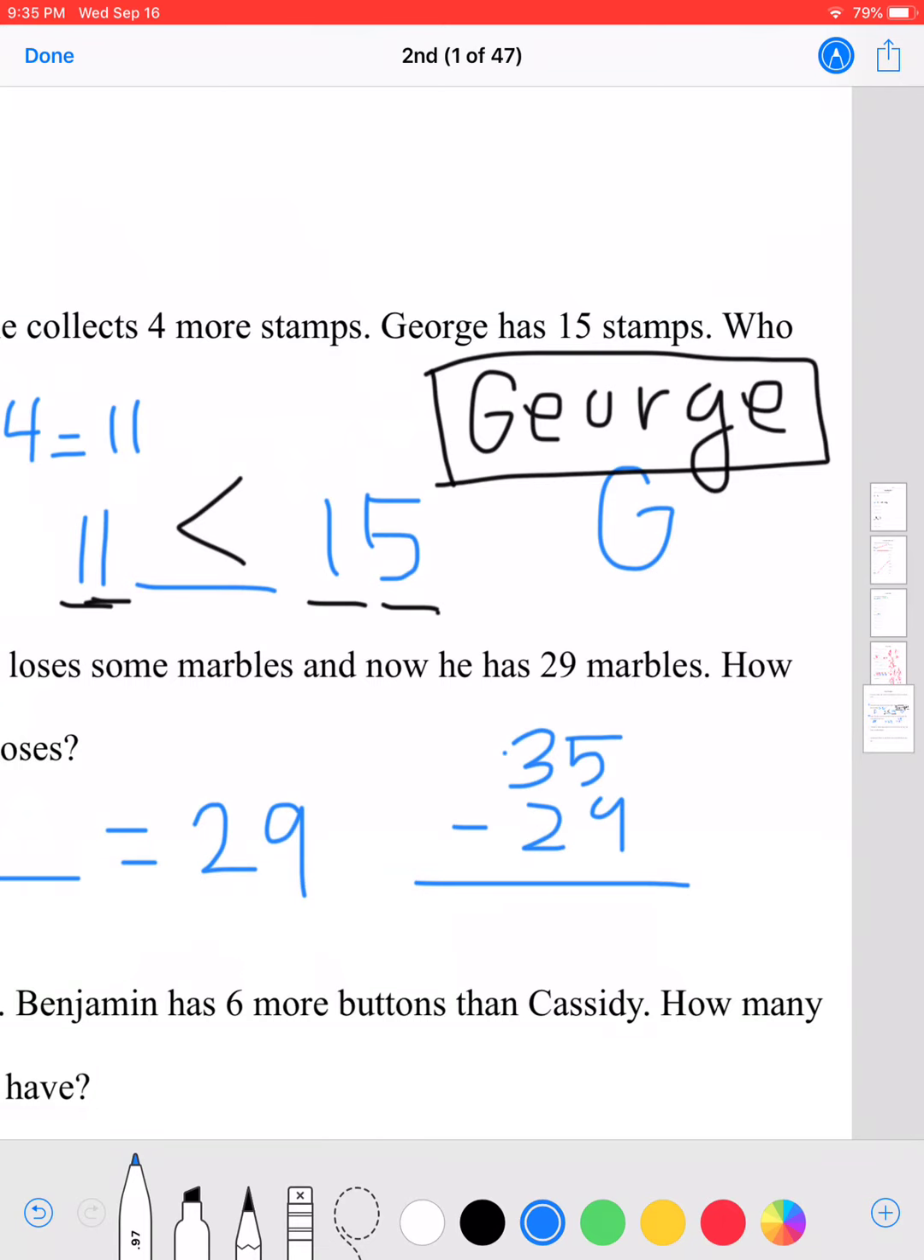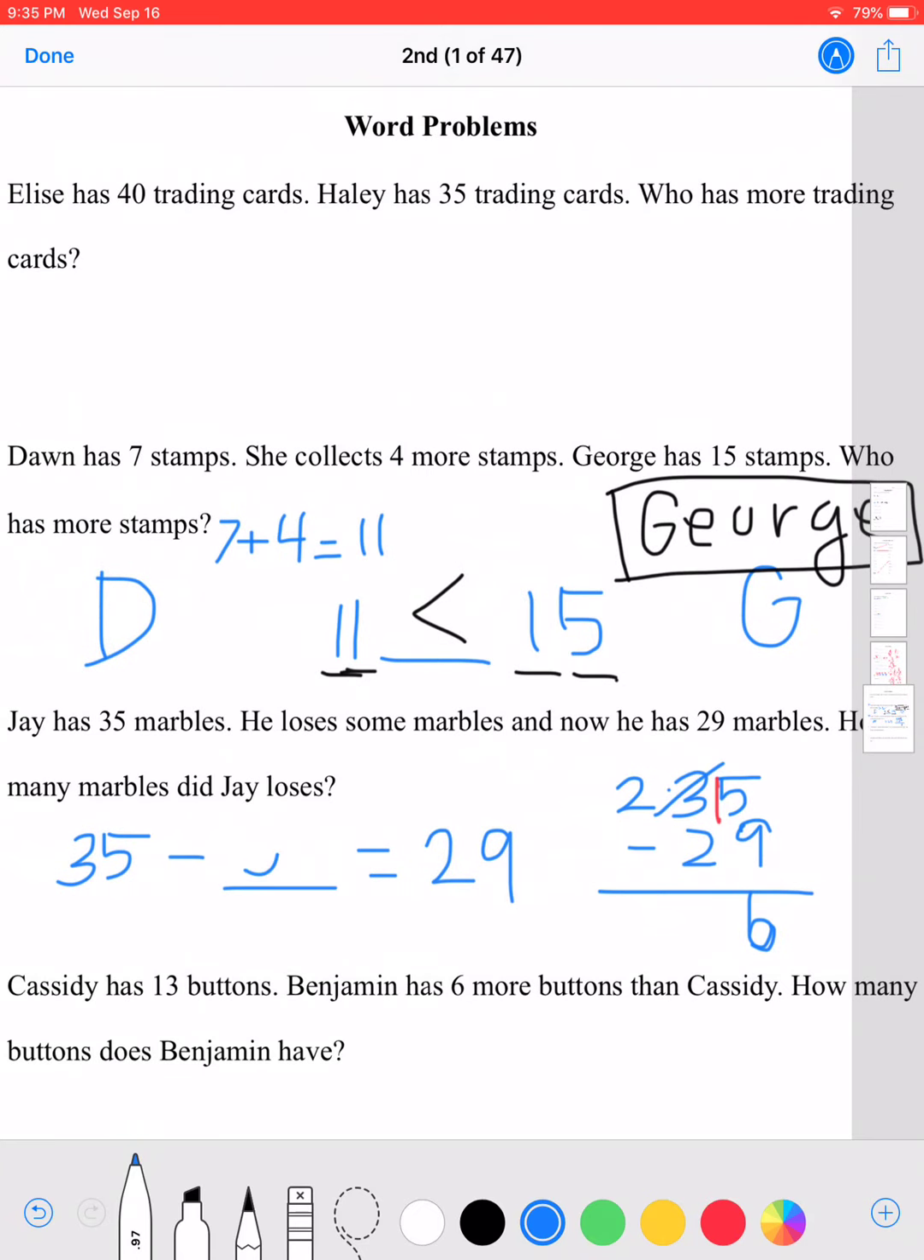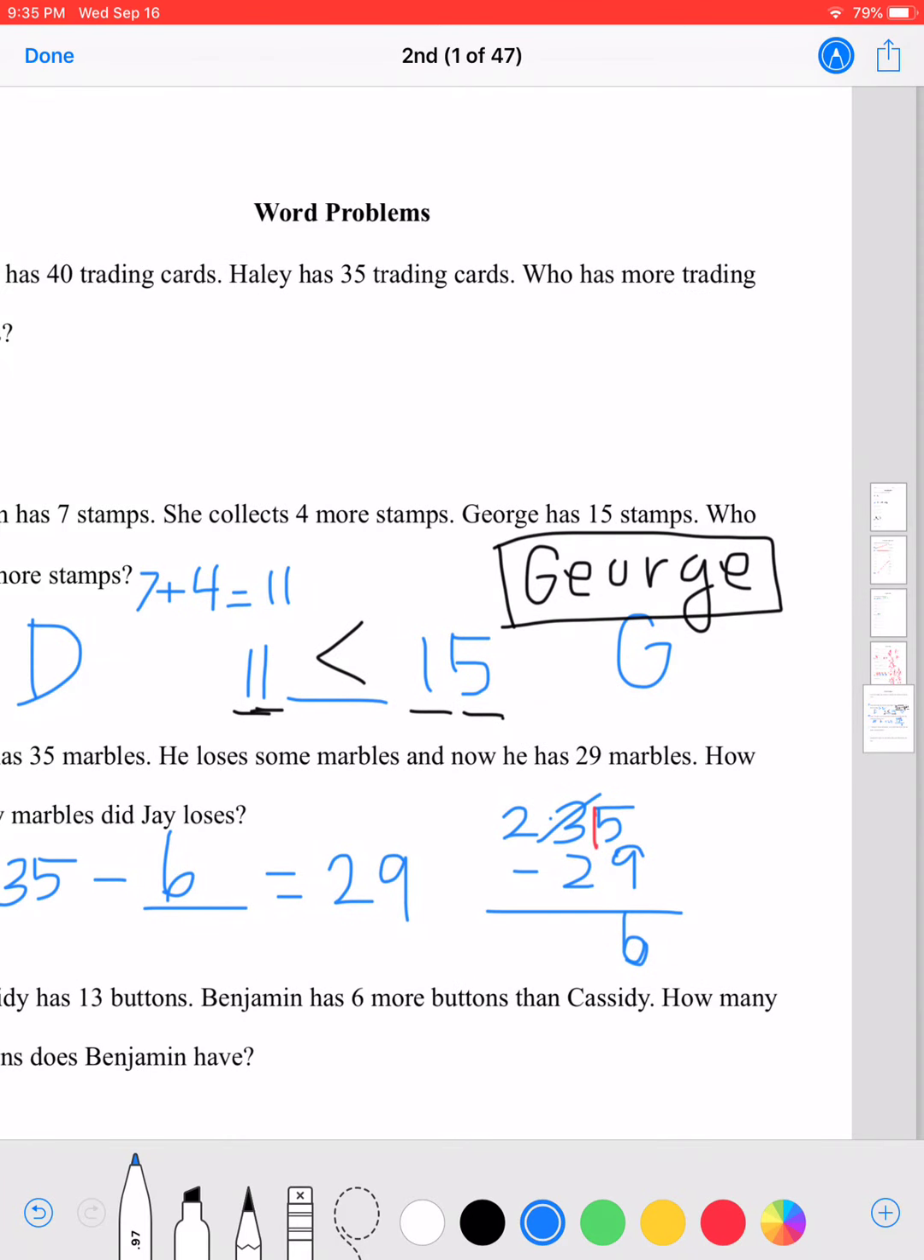So we can't do 5 minus 9, so take a 10. Now we have a 15. 15 minus 9 is 6. And 2 minus 2 is 0. So 6. The answer is 6. Oops. Jay lost 6 marbles. I'd write the word out, but it'd be really messy. So the answer